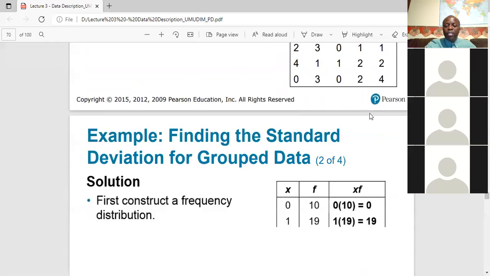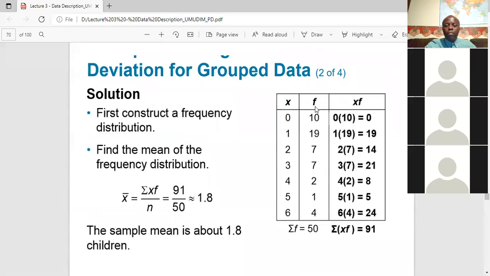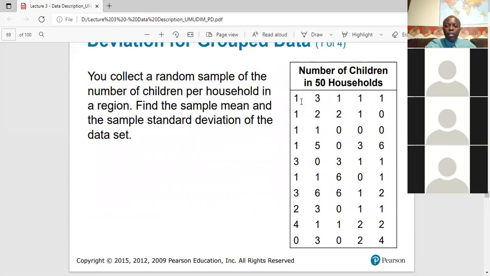Okay, 9, 10. 10 zeros. So for 0, the frequency is 10. Now for 1, let's see. 1, 2, 3, 4, 5, 6, 7, 8, 9, 10,